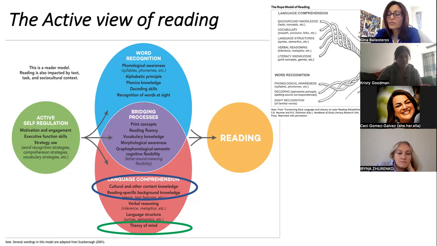The active view of reading includes the construct of theory of mind, which is the understanding of one's own and others' mental states, such as thoughts, beliefs, intentions, and desires, which are very important contributors to reading. Theory of mind is to be taught explicitly, and social reasoning can be prompted and guided through meaningful conversations about texts. This model highlights the role of the reader's cultural and content knowledge, and the mechanisms by which social cultural contexts and the reader's social identity, including racial, religious, socioeconomic, gender, and many other socio-demographic aspects of identity, impact the